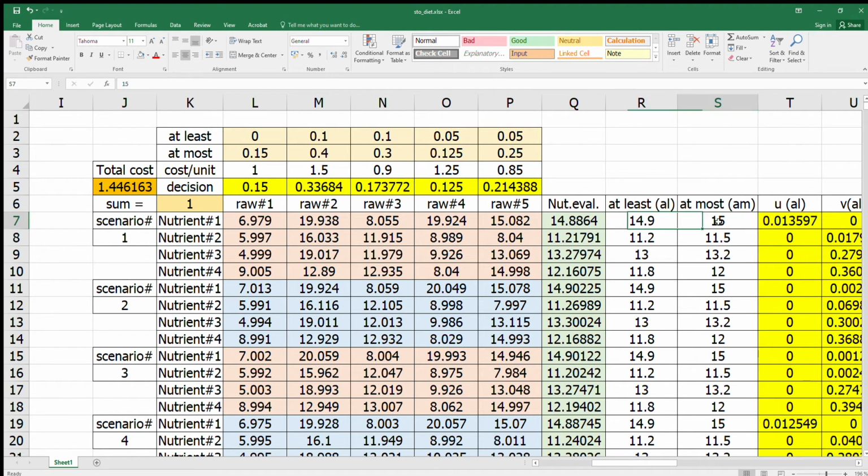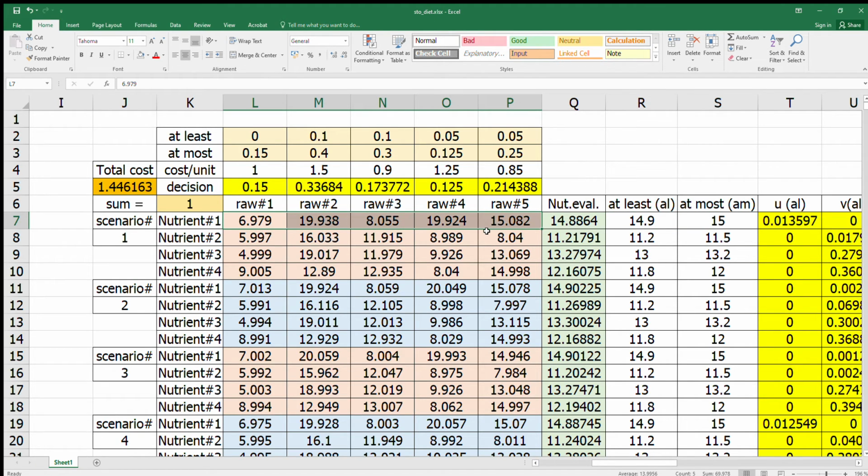Which means that for the nutrient evaluation in column Q here, based on the uncertain amount of nutrient for each raw material, no matter how good a decision you make for the proportion of the feed mix for each raw material, you end up with some risky conditions where a nutrient cannot satisfy the at least, the lower limit, or the at most, which means exceeding the upper limit here. So there are two constraints